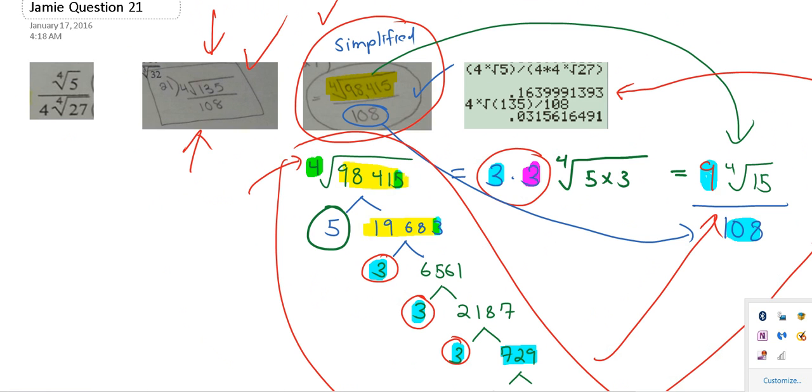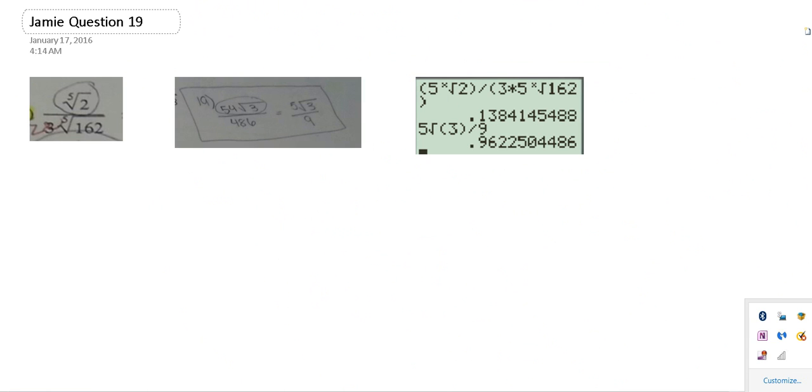Okay, let's go to question number 19 now. This is question number 19. And in this question, I believe this was the question that was given to you. And I believe for question 19, this was the answer that you had written down from one of your friends, which was marked right. And once again, I want to say that this is actually wrong again. So one of the reasons why I was really struggling in the tutoring lesson today was how this answer was right,